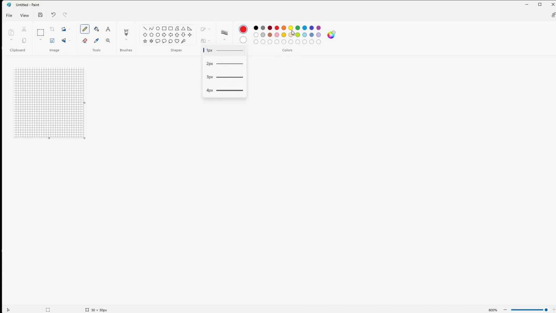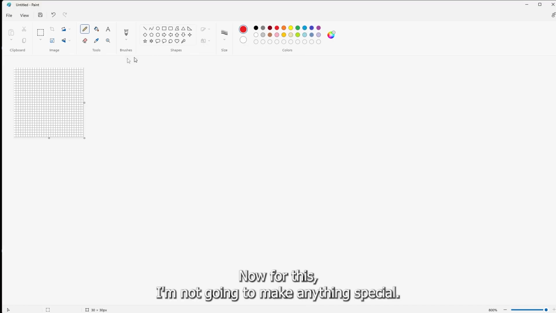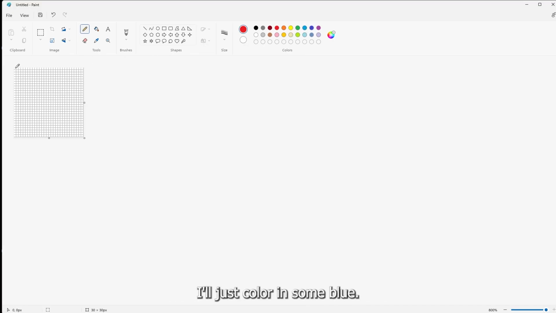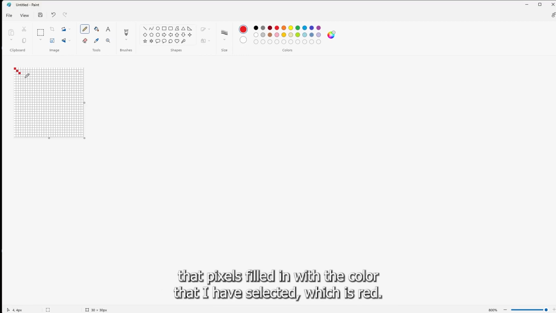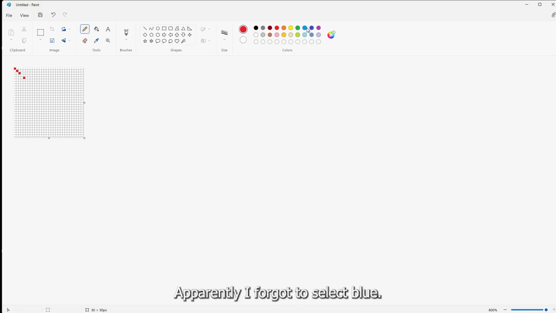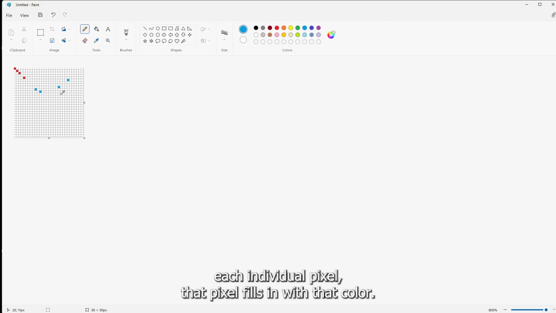time. Now, for this, I'm not going to make anything special. I'll just color in some blue, but as you can see here, when I click on any 1 pixel, that pixel is filled in with the color that I have selected, which is red apparently. I forgot to select blue. There we go. Now blue is selected, and as I click on each individual pixel, that pixel fills in with